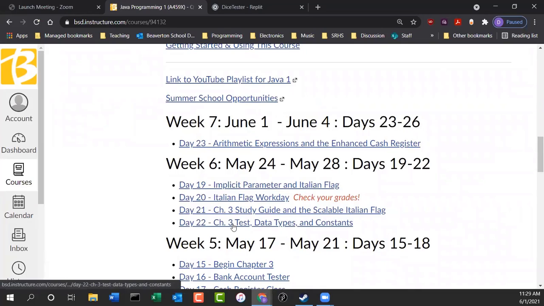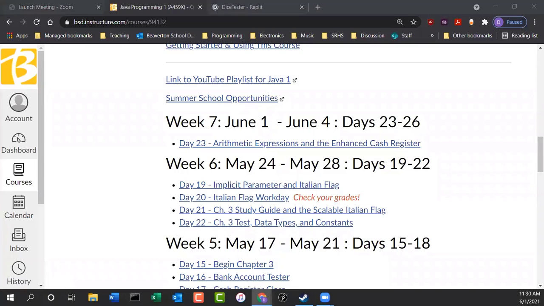Arithmetic expressions and the enhanced cash register. So there's another cash register assignment. We were working on one in chapter 3, but the one in chapter 4 is a little bit more detailed. It's not a great cash register. It's kind of contrived. So I realize for some people this cash register doesn't make a lot of sense. No pun intended, but it does